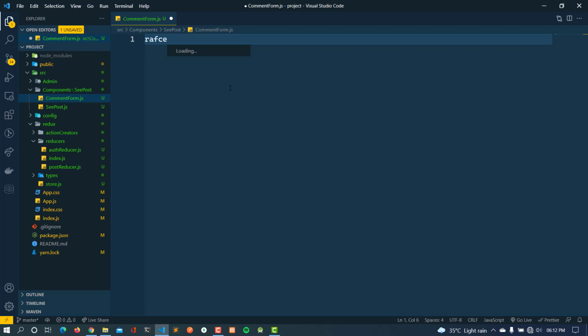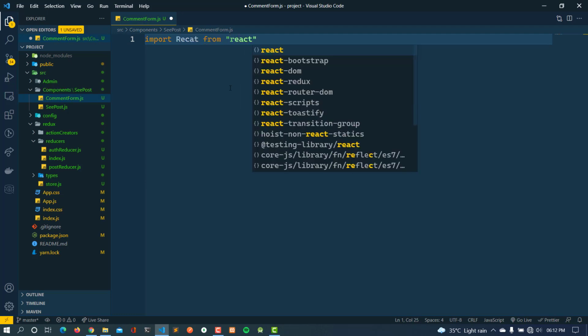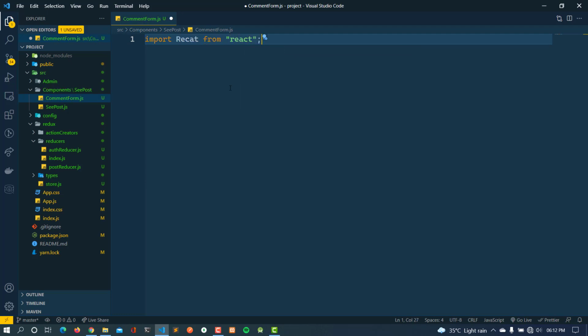I think it is not working. So here I'm going to write import React from React. So I have imported React from React, and it is imported successfully.